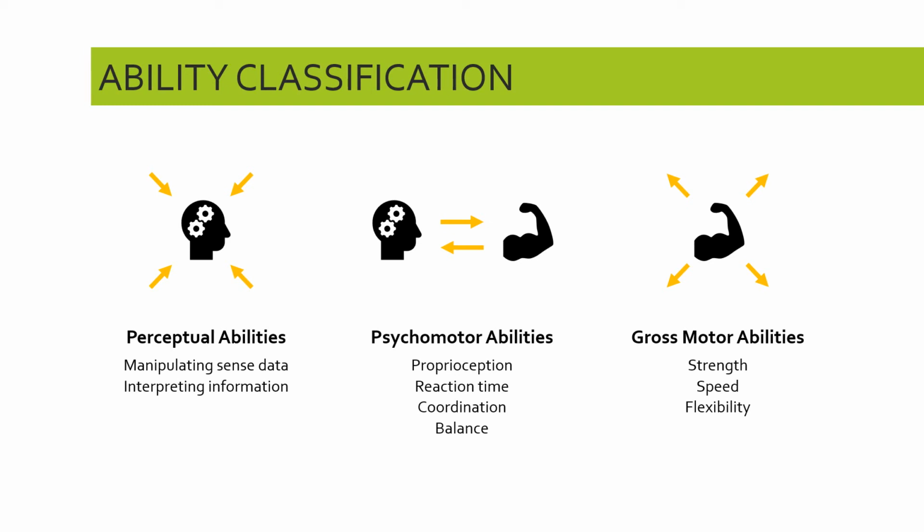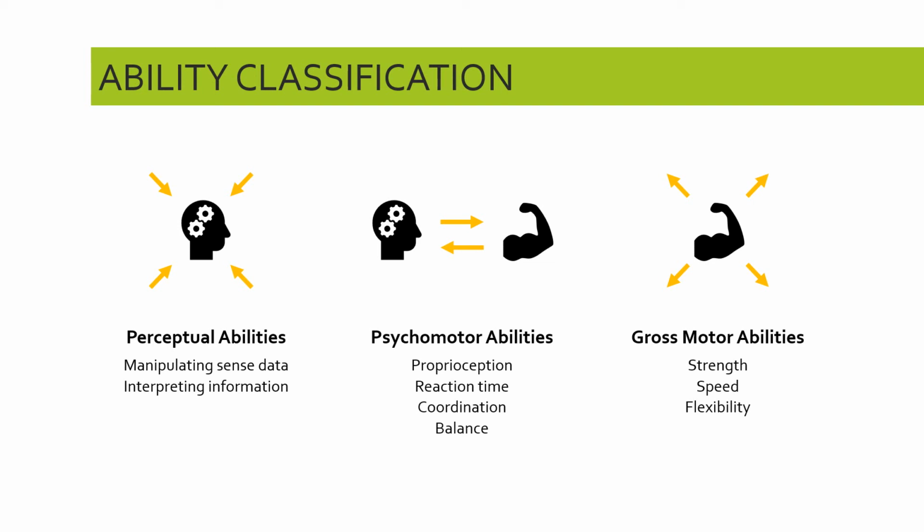So these are the sorts of abilities that are obvious to the outside viewer, someone who's watching you play. So there you can see the diagram with arrows pointing outwards from the diagram to represent the fact that this is having an impact in the external environment. So these are gross motor abilities. They relate specifically here to the abilities that you have for movement. So not perception, not necessarily psychomotor abilities, the brain-body link or the brain-muscle link, but specifically for movement.